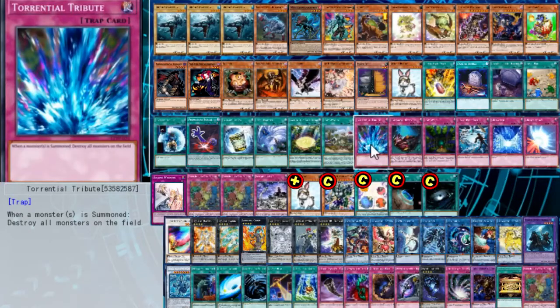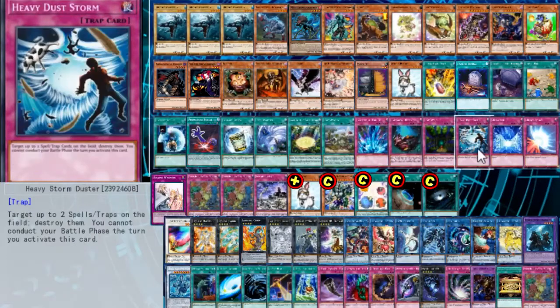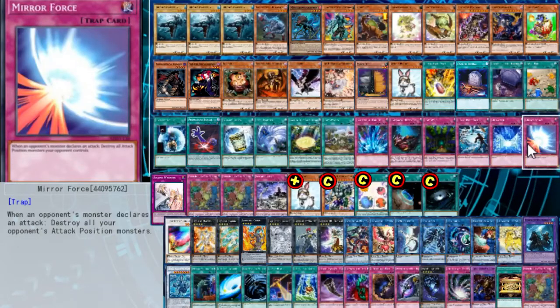Torrential Tribute because it's a board wipe and it combos with some of our cards, Holonoides because it special summons itself as a vanilla and we don't like back row, Lost Wind and Heavy Storm Duster because they are currently legal, Metaverse because we really want to see Lost World,